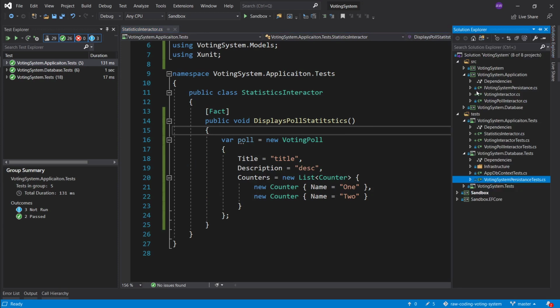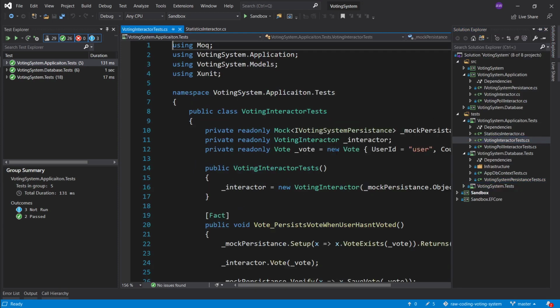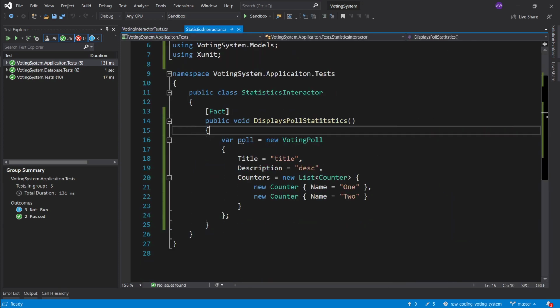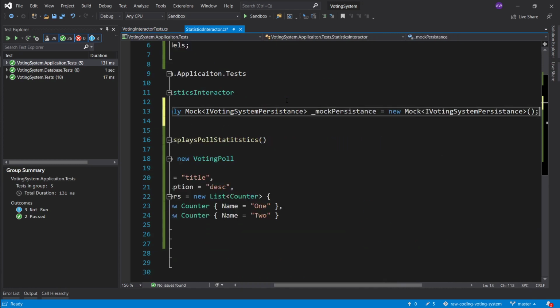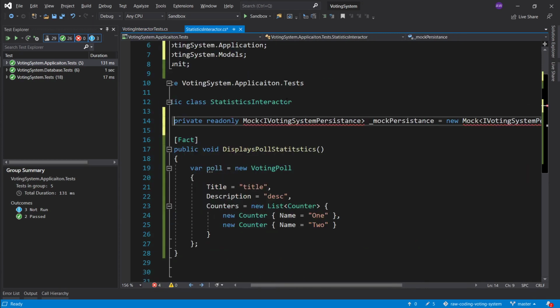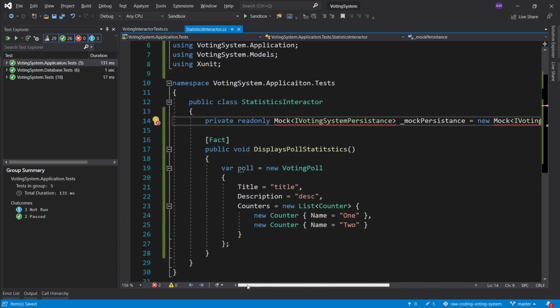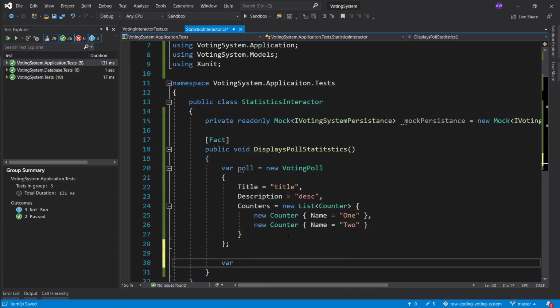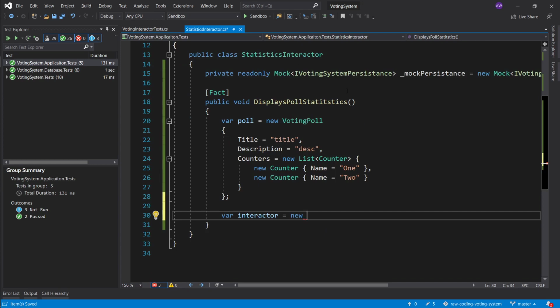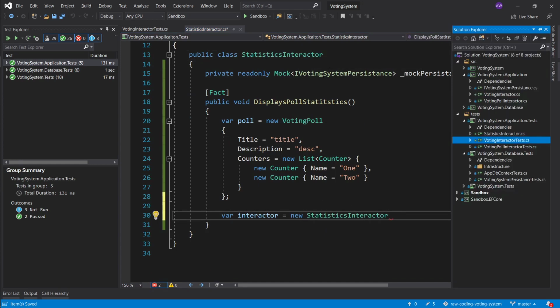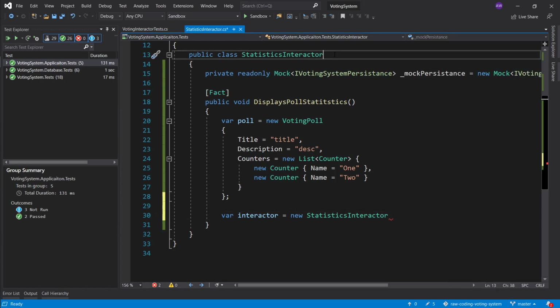First thing, we will need our mock. So let's go into the voting interactor tests. I'll grab my persistence mock and I'll pop it here. Let's go ahead and import this, and we will need to import Moq as well. Let's go ahead and create our interactor. New, what are we going to call it? Statistics interactor, right? And I actually called this as the test, so let's go ahead and rename